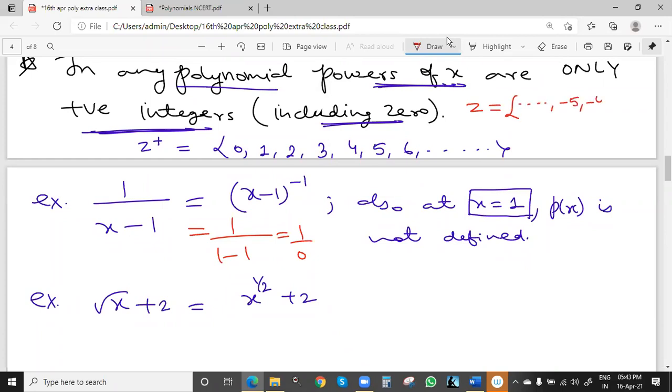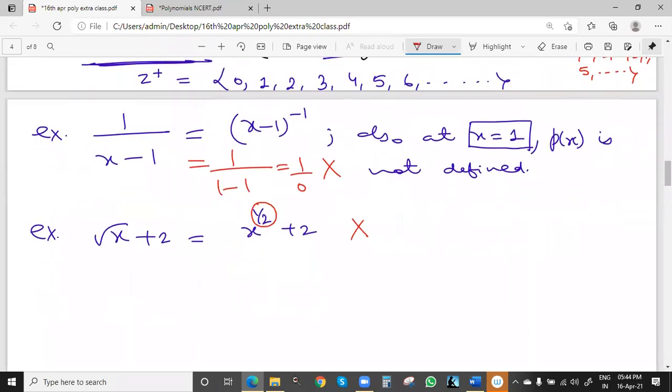Suppose minus 5 and dots, means it will go in the backward direction also: minus 5, minus 4, minus 3, minus 2, minus 1, 0, 1, 2, 3, 4, 5 and again dots. These are basically the full set containing integers, both positive and negative. Here we have only positive values, 0 is also included, and then 0, 1, 2, 3, 4, 5, 6, and so on. So in this case, we cannot say it is an integer. We have a positive value, 1 by 2 is positive, but this is not an integer. So not a polynomial.